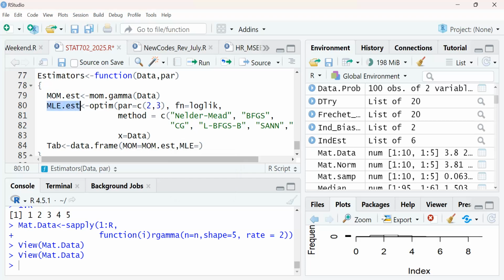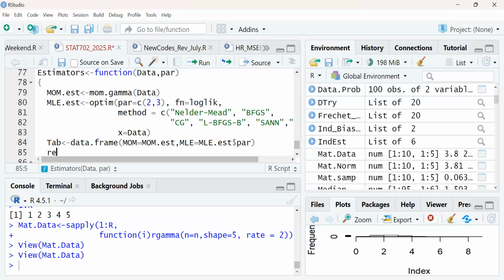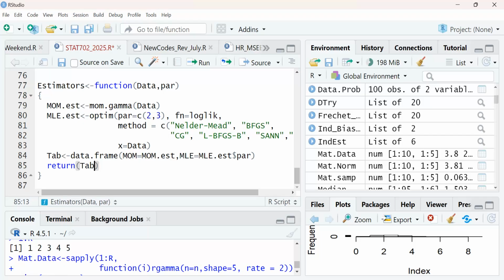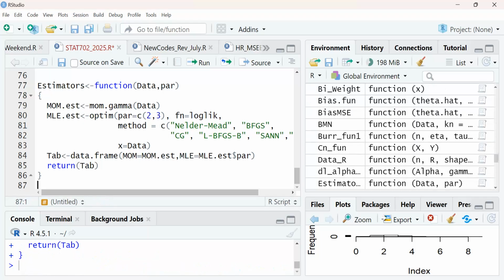This, and then we select the par. We select what? Par. Is that okay? Then we return tab. So it means that if I run this, I should be getting all the two estimates, right?